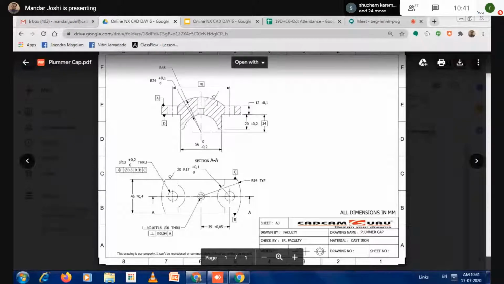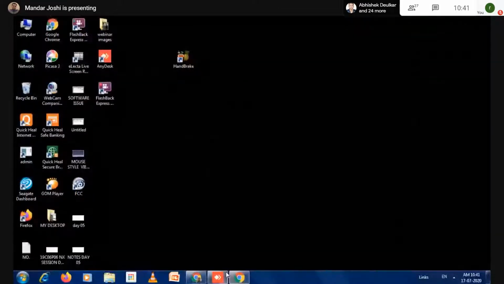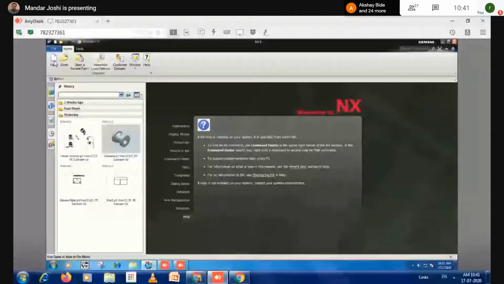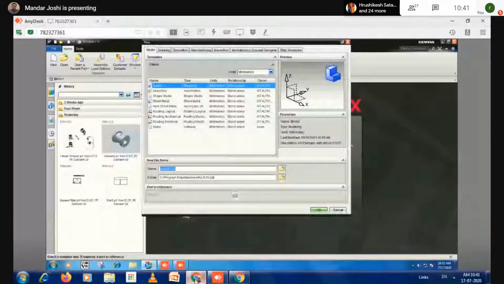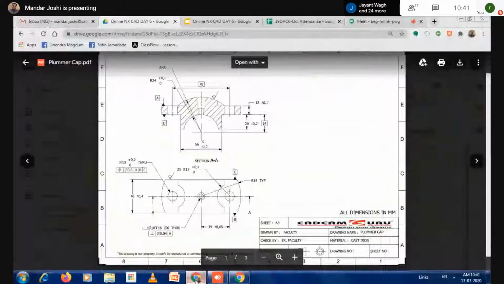Now I just go to the software. Take a new file. Give the component name here. What is the part name? Plumber cap.